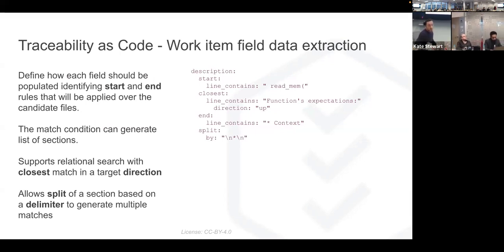Let's take a look at a field configuration example. To extract a piece of text from a text, you need to specify a starting point and an end point. This search can generate a list of elements. It's not just a single match. But you can also combine that with